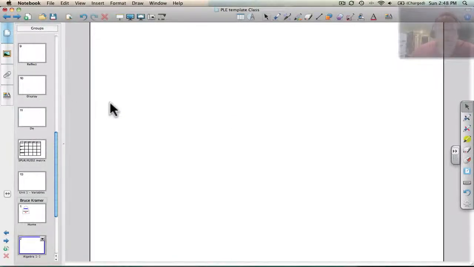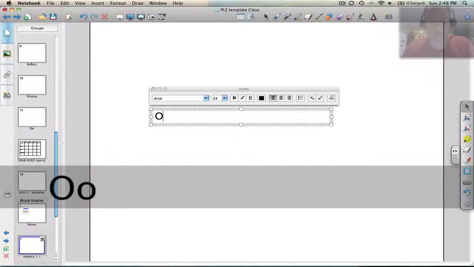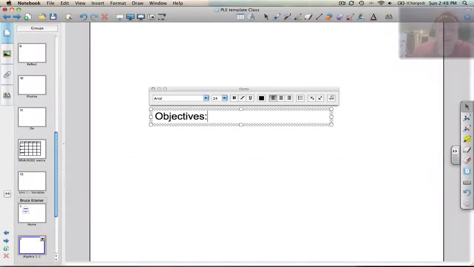Now, if I come up here and hit this over button, I came to another blank page called Algebra 1. You can put all the objectives that you want to put in here. So we go and type, type your objectives, and you can list all those in. You can write them in later on,